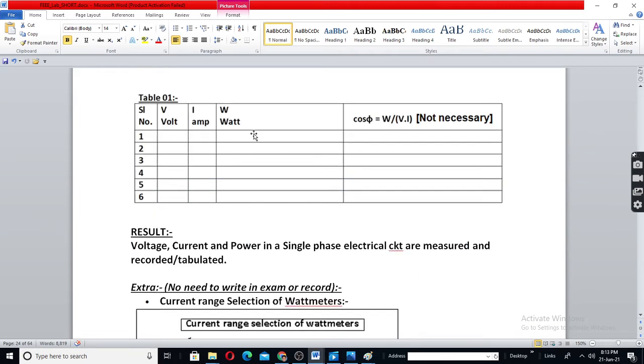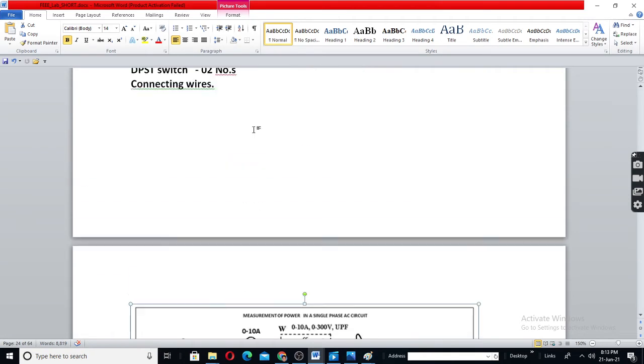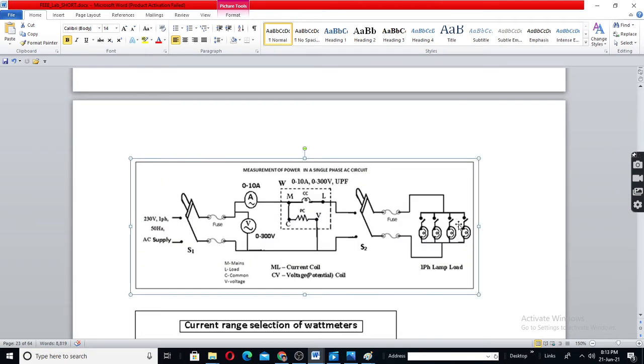Note down the values in the table: voltmeter, ammeter and wattmeter. Next, switch on one more lamp. The voltmeter reading will remain the same or a slight variation will be there, whereas the ammeter and wattmeter readings will increase proportionately as you switch on the lamp, because as you switch on the load, the ammeter and wattmeter will get loaded. The voltmeter will not get loaded, because the voltmeter does not carry the lamp load, whereas the ammeter and current coil of the wattmeter carry the load current.